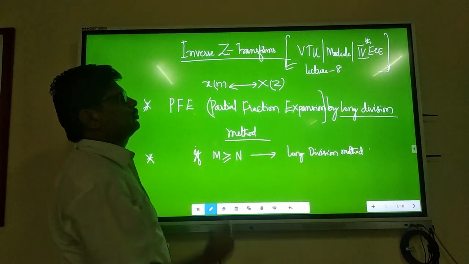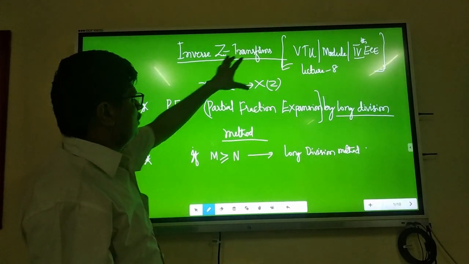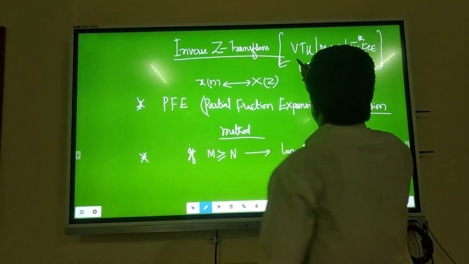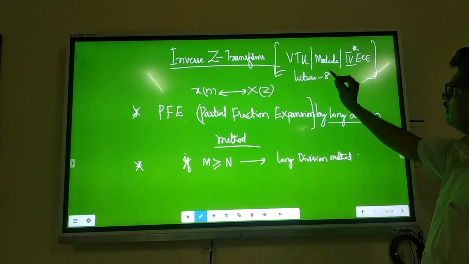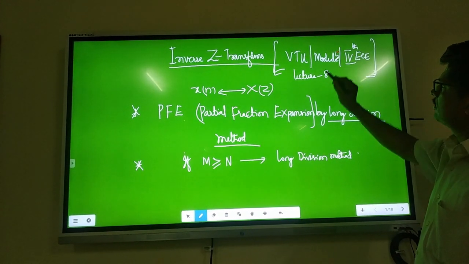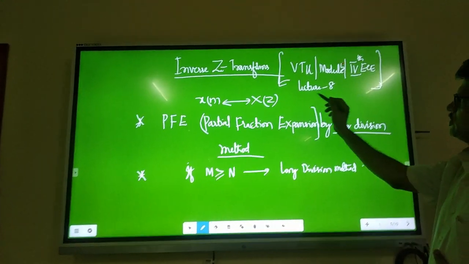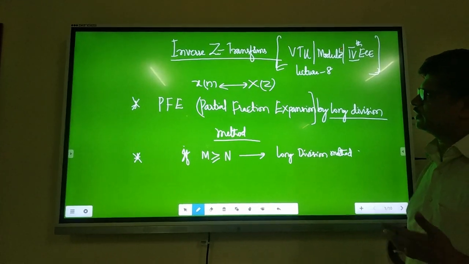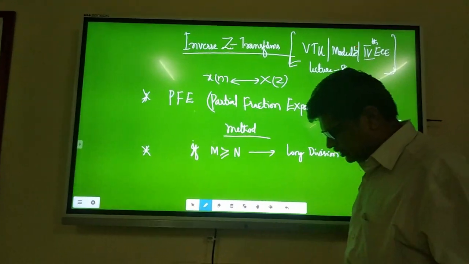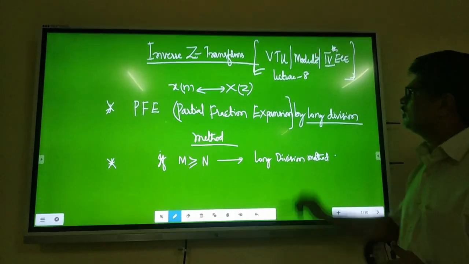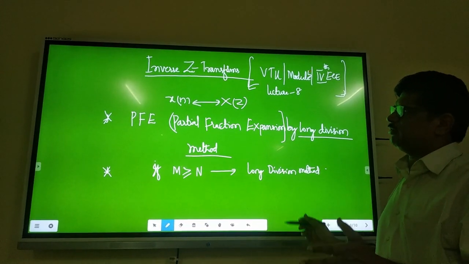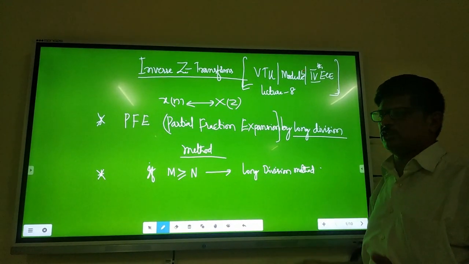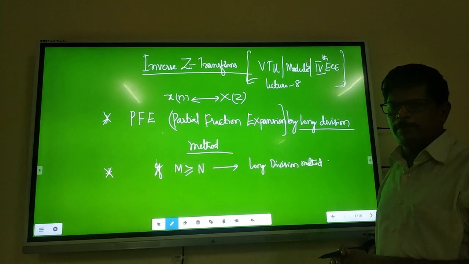For the session of inverse Z transform. Actually, this comes under the VTU syllabus, and fourth semester ECE students are studying it under Module 5. This is my lecture 8, actually the 8th lecturing session, after 7 previous sessions. Not only ECE students, anybody who is interested in Z transform and inverse Z transforms can follow